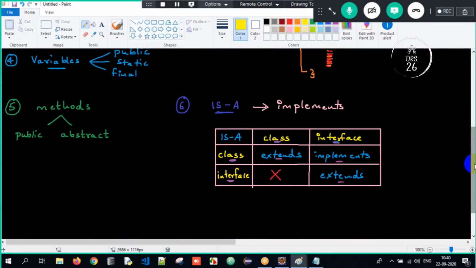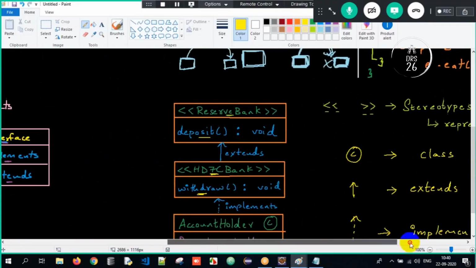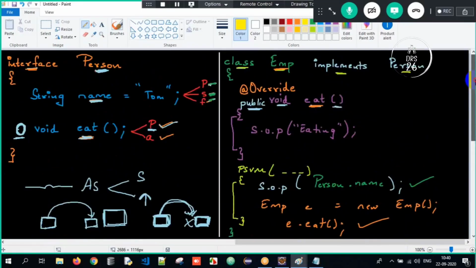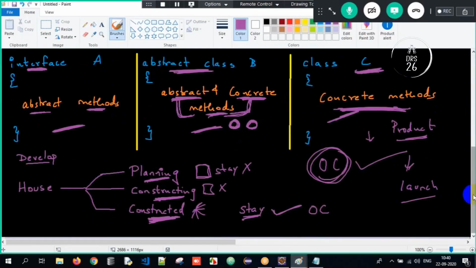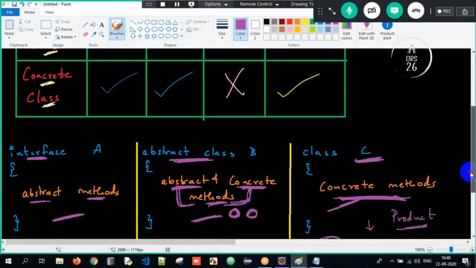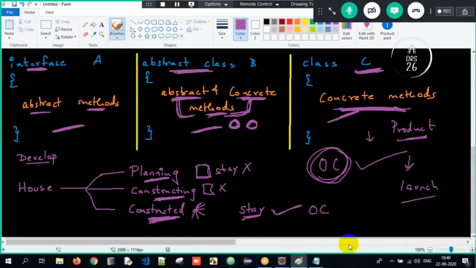And we know is a relationship as well. Okay. And I have given you the UML notation of how do we develop a Java program and represent it pictorially. And we also saw one beautiful example as well. Okay. And later we saw the differences between interface, abstract, and concrete. And I gave you an example about when do we choose what. Okay. So this is all about it.